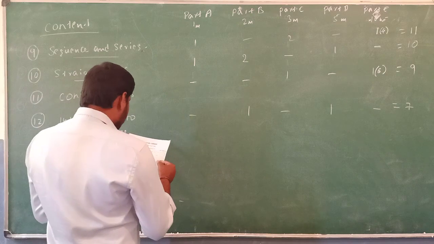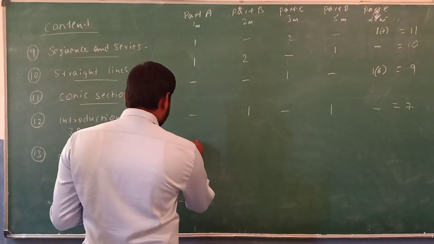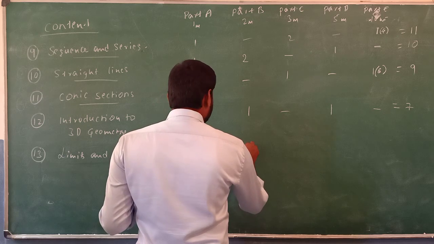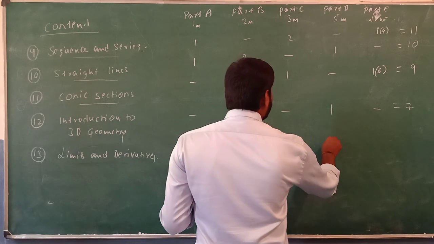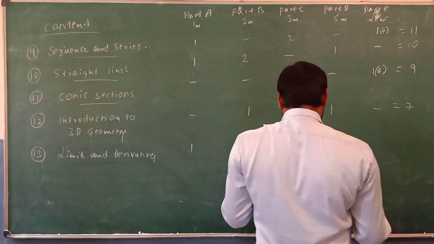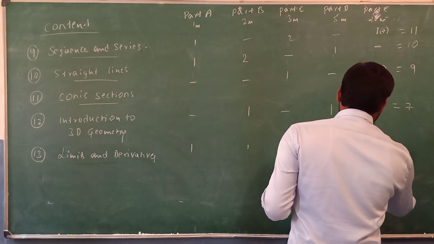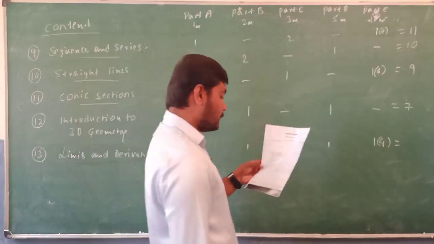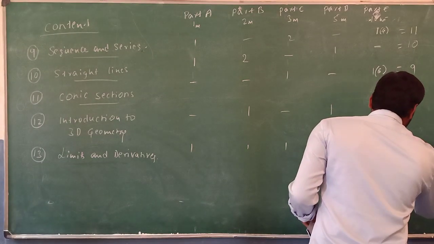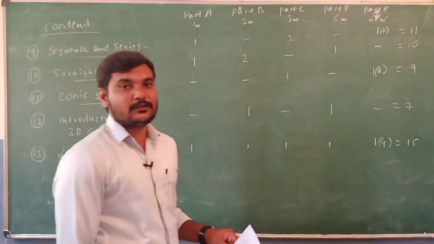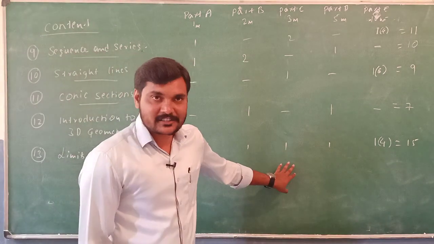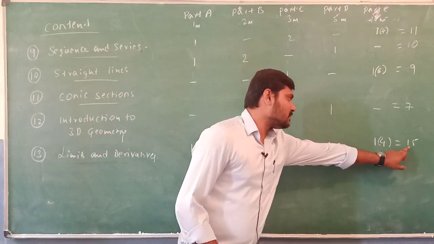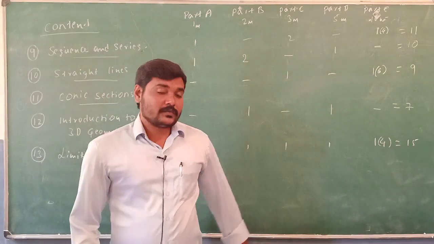So in the 13th chapter, we have 1 mark 1 question, 2 marks 1 question, 2 marks 1 question, 3 marks 1 question, 5 marks 1 question, as well as 4 marks 1 question, 4 marks 1 question, which is allotted for 15 marks. One of the important chapters among your syllabus. The first important is going to be trigonometric functions, and the second important chapter is going to be this one,